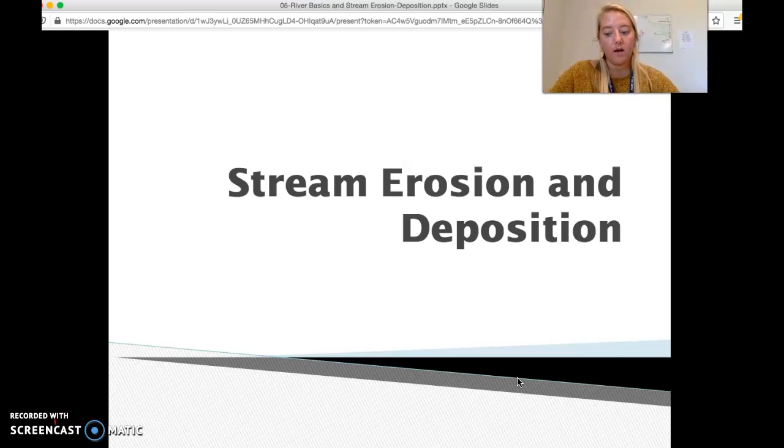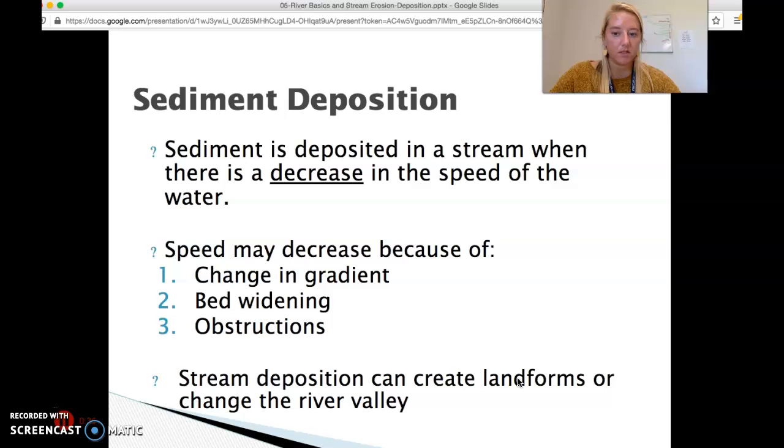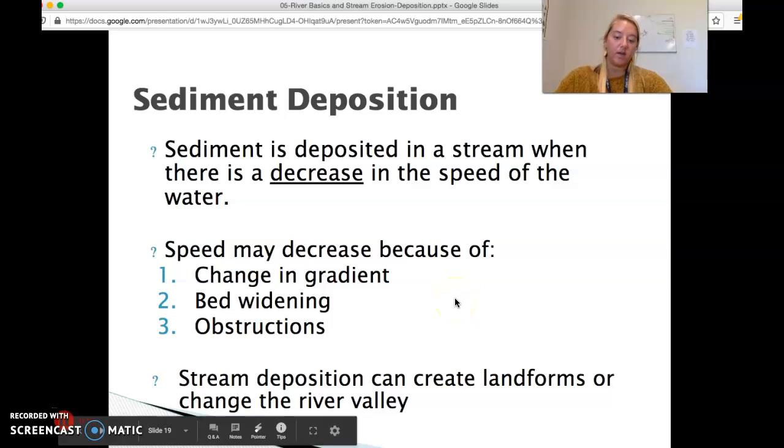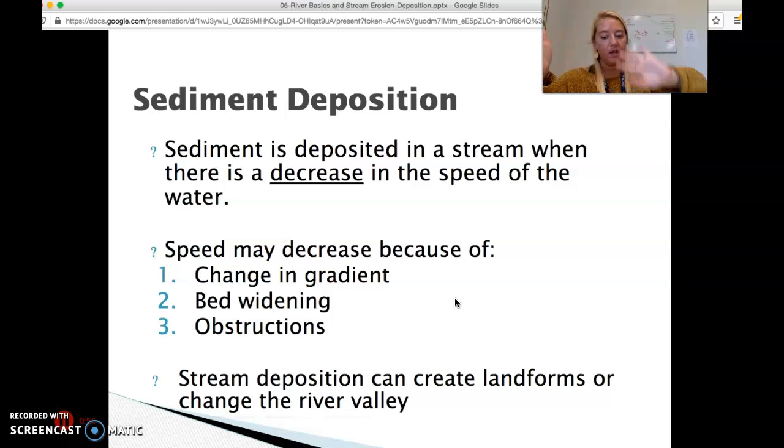So now we're going to talk about what happens as the stream moves along, and we have both processes called erosion and deposition. So sediment deposition is that sediment is deposited or dropped in a stream when there's a decrease in the speed of the water. So this could be because of a change in gradient, so maybe it becomes less steep, right? If it's very steep, it's going to be going really quickly, and then as it levels out, it's going to go a little bit slower. When it levels out and goes a little bit slower, we're going to see a deposit of whatever it was